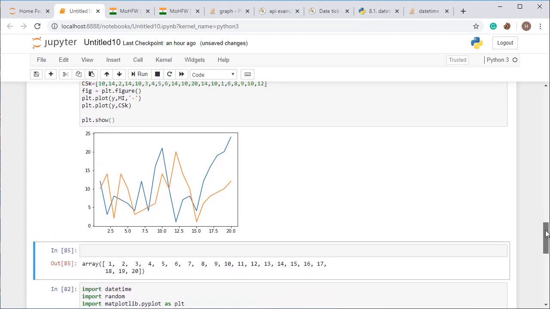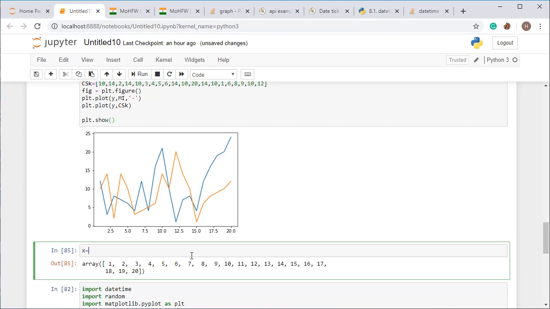All right, now I am going to show you how to plot the runs as well as wickets. All right. So let's assume first, just create an array. I want to plot it on the x-axis.